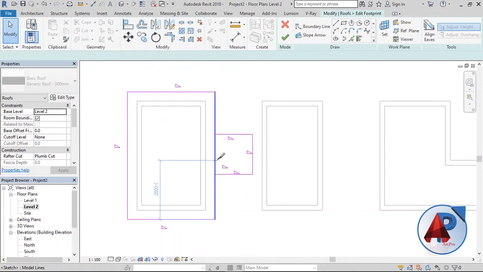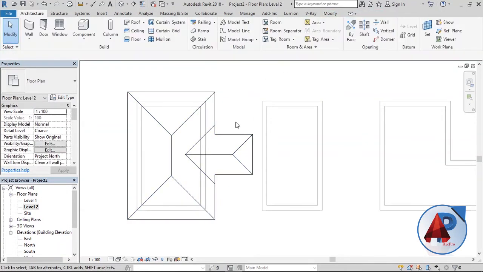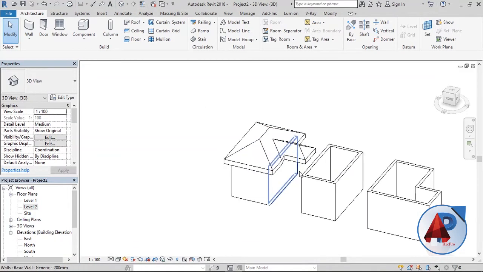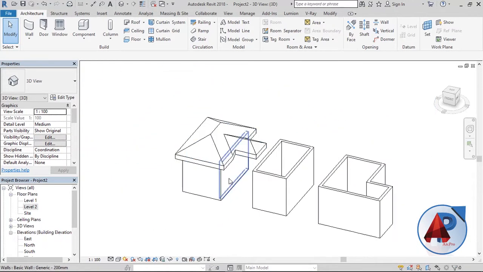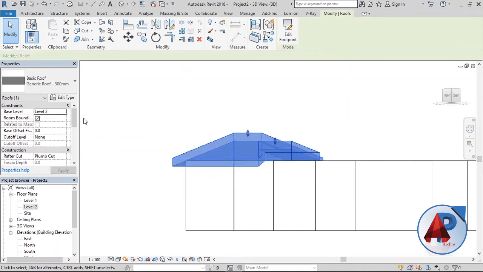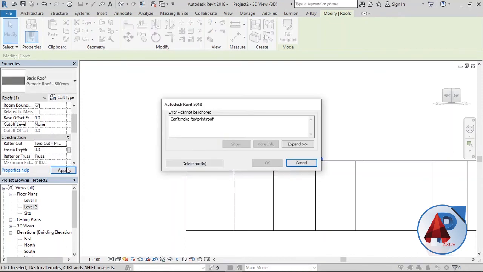Now SL to split, then you trim this place as well. So if I click on yes, now I have something like this. So this is one type of way you can create your roof. Now after creating, you can maybe click on it and change the construction pattern. Now it's on plumb cut. If you like, I take it to two cut,